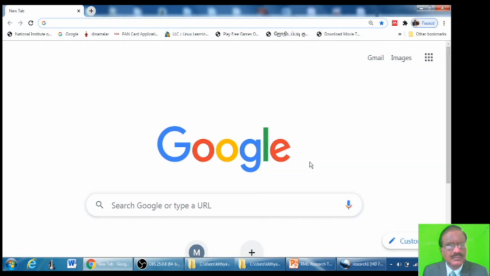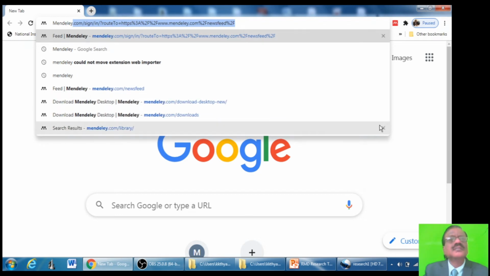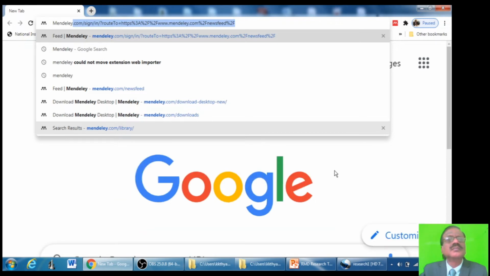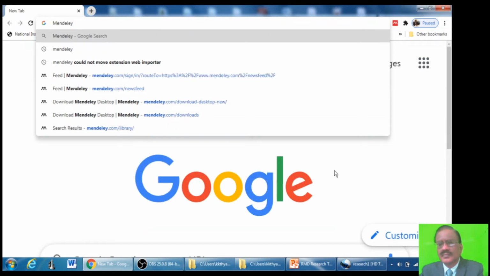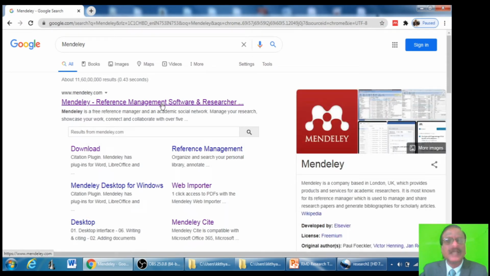Go to browser and search Mendeley. And click on this link.